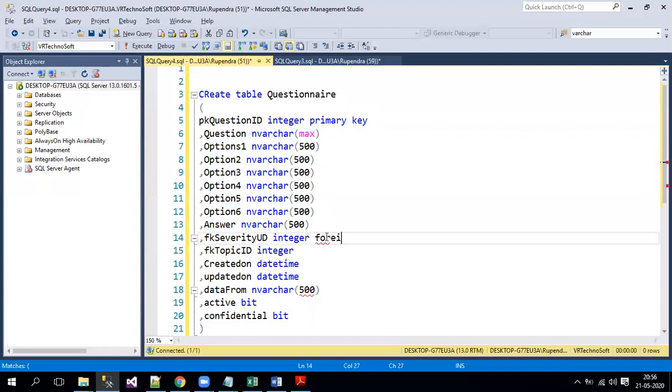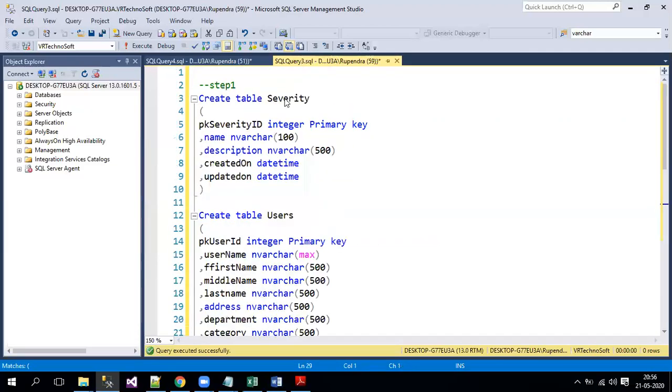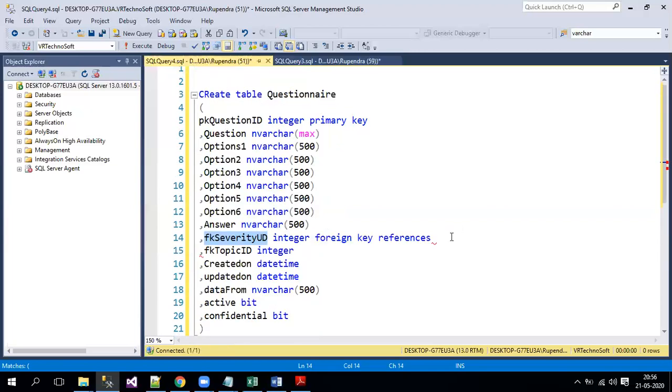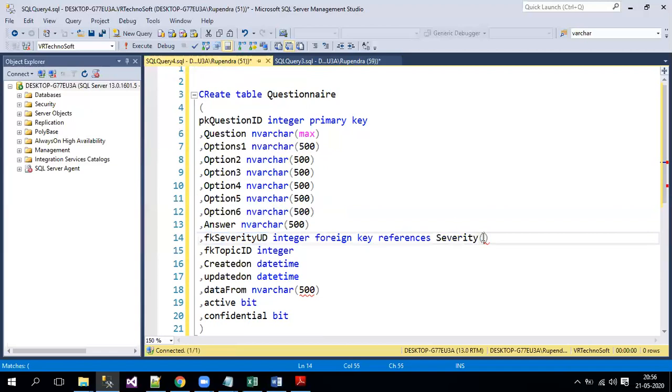So foreign key references. You need to give a reference to the severity table, correct? So I'll go with the severity table, and we'll put the severity primary key column because that is the syntax, right? So I'll just keep it over here.